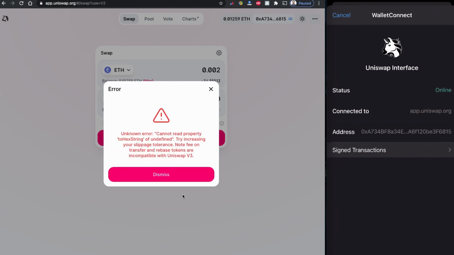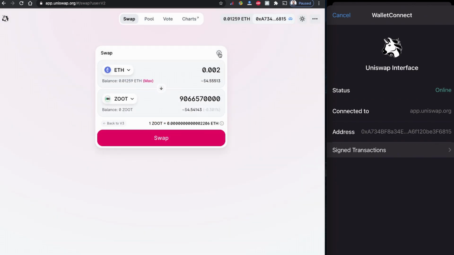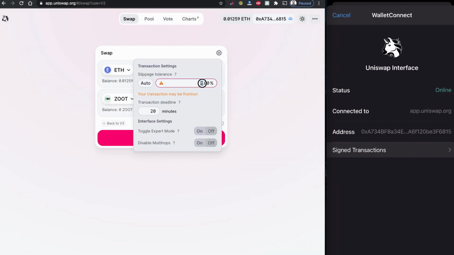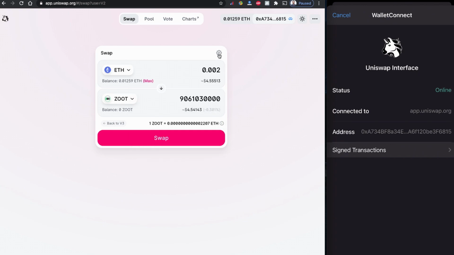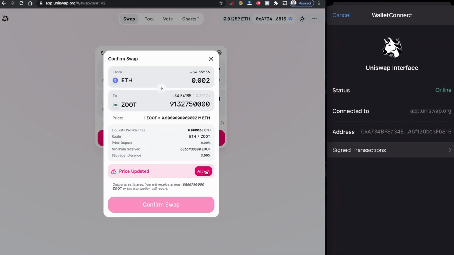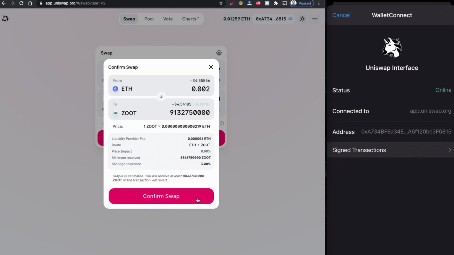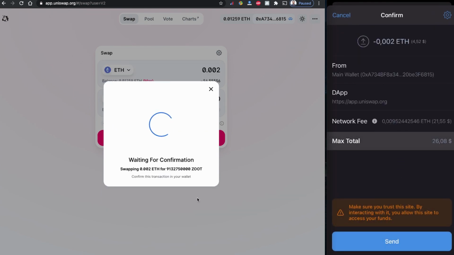Okay, it looks like the minimum slippage tolerance level is 3%. So we have to put a minimum of 3% slippage tolerance to get approved on Uniswap and the Ethereum network. So I have 3% now. Let's try with 3% slippage tolerance. Yes, that is a price update again, and I'm going to click confirm. Yes, as expected, this is executed now. The transaction is executed now, but it is waiting for my confirmation on my Trust Wallet side.